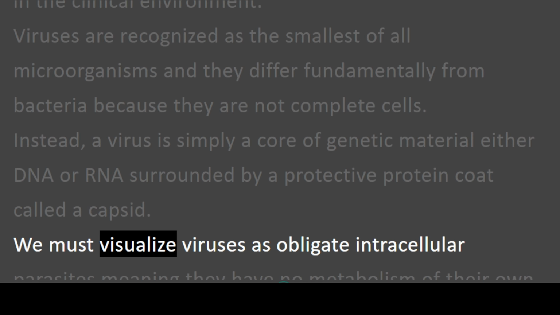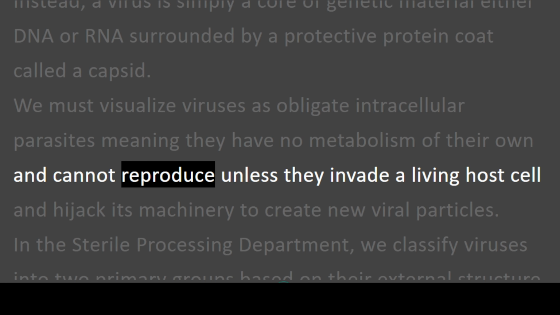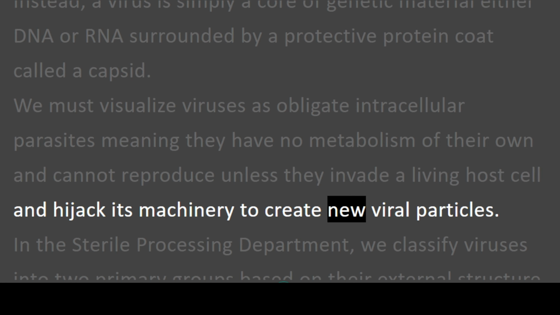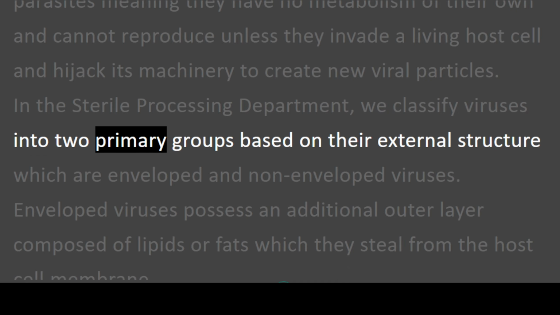We must visualize viruses as obligate intracellular parasites, meaning they have no metabolism of their own and cannot reproduce unless they invade a living host cell and hijack its machinery to create new viral particles. In the sterile processing department, we classify viruses into two primary groups based on their external structure, which are